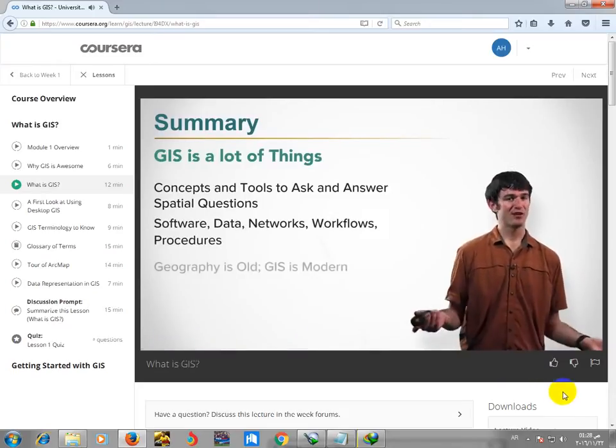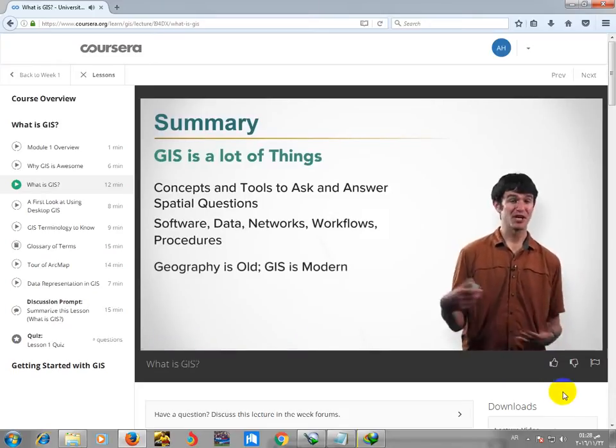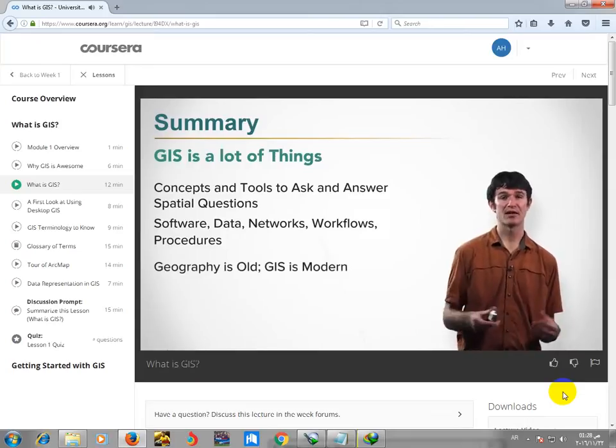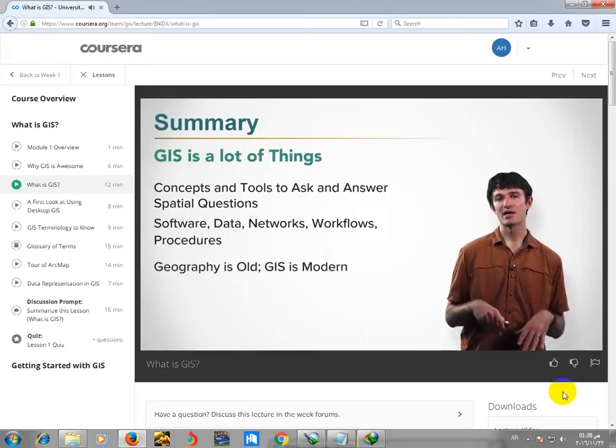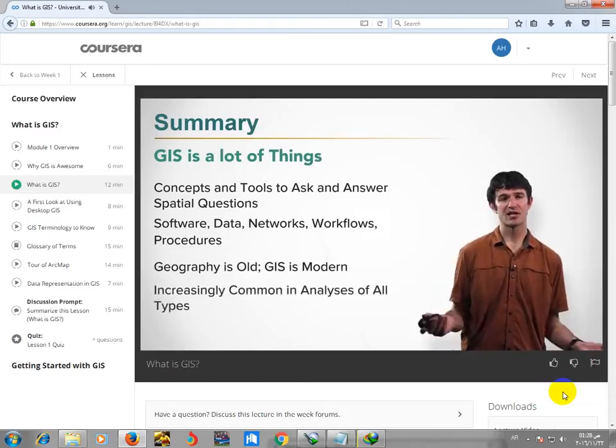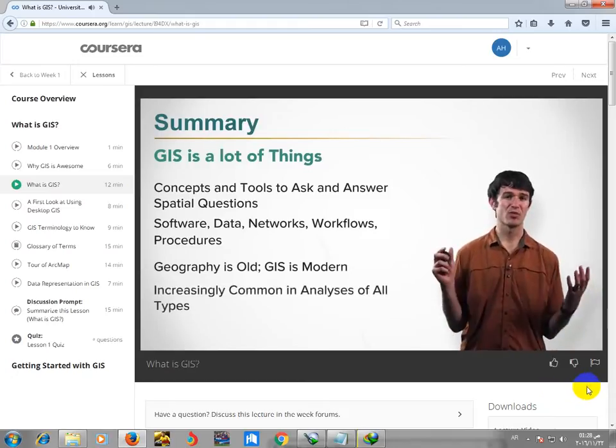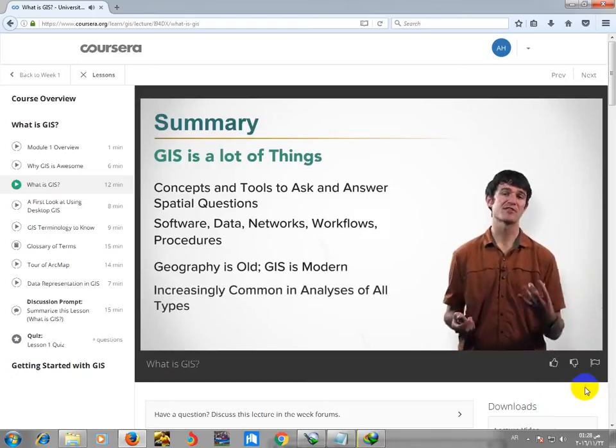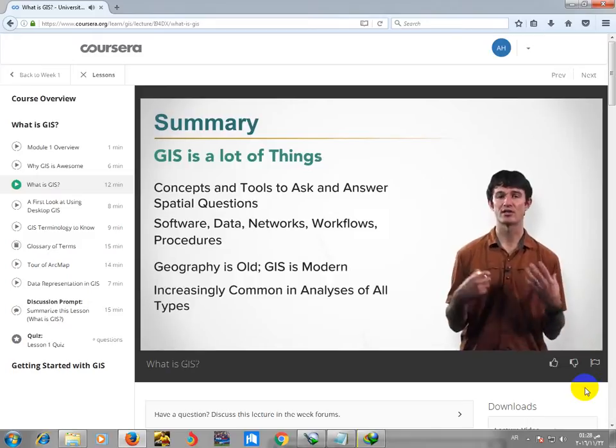And then geography is pretty old. GIS itself is a pretty new thing, especially desktop GIS. And then the other takeaway would be that GIS is increasingly common. We've seen the spatial revolution with mobile phones and us carrying location devices in our pockets, and that's only going to grow as time